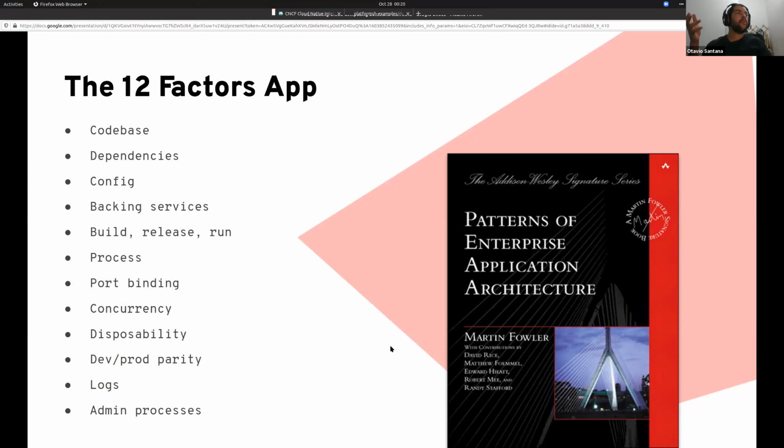For example, when you have a source, please use any kind of code base such as Git with GitHub, Bitbucket, SVN, and so on. Dependencies outside the repository, please. So use any kind of dependency management such as Maven, Gradle, NPM, and so on.